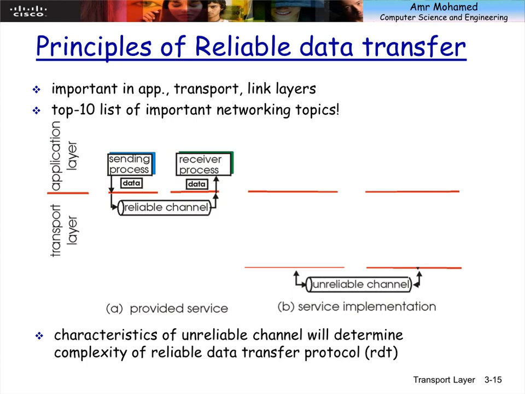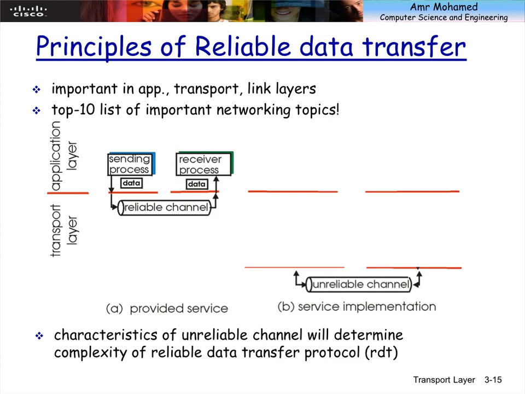For example, if you have wireless, if you have any unreliable channel end-to-end, or some of the routers that you use throughout the end-to-end path are not reliable, they don't provide any guarantees, or they have some traffic jams, or they have small queues, or they have so many things. In general, the end-to-end communication is unreliable. So the transport layer now needs to do some extra things in order to make sure that the service that it provides is reliable in terms of data transfer.